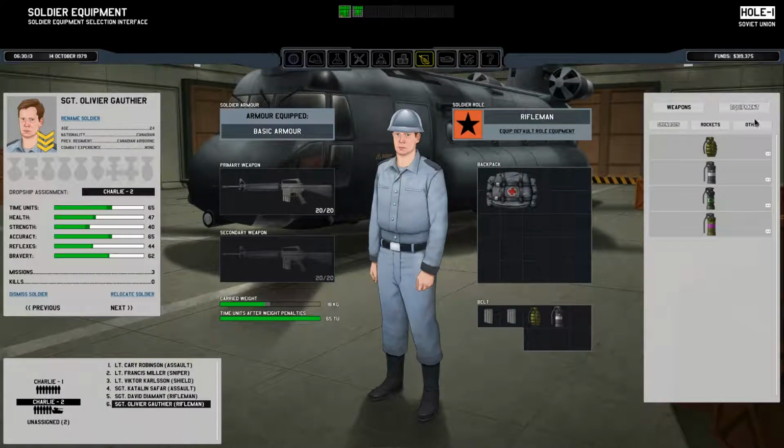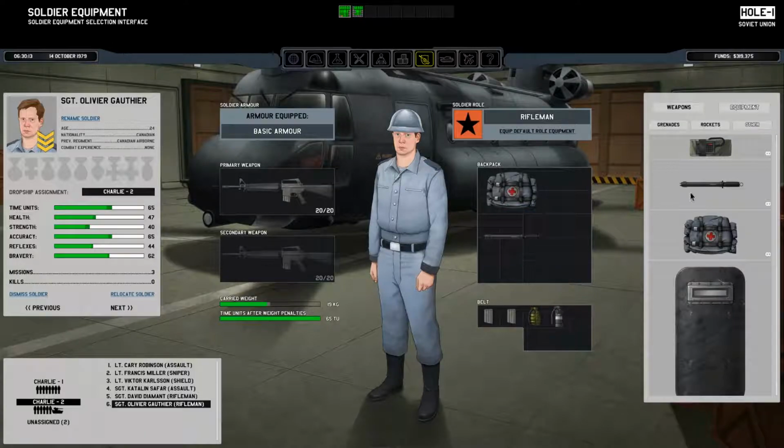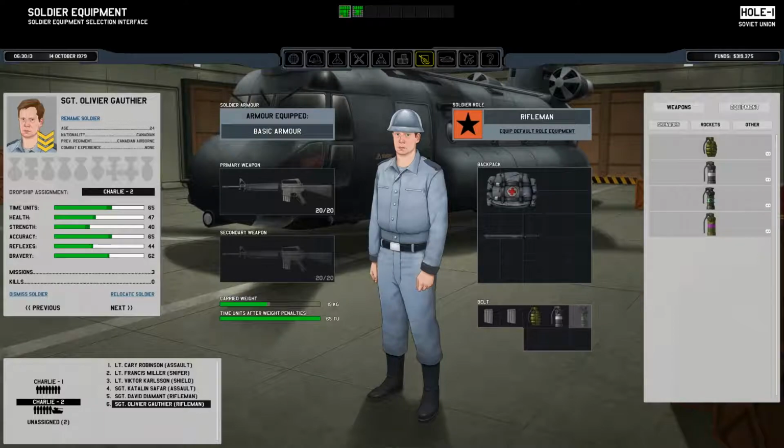Okay, we'll go to the shock baton, and I guess this guy never had a flashbang for some reason. Let's go ahead and equip him there. We'll get rid of that, and we'll give him a stun grenade. So we've got our riflemen and our snipers aren't going to be as good at engaging with that, but our